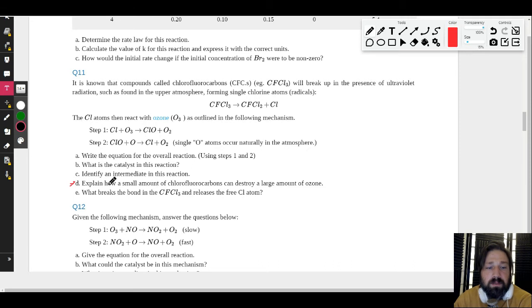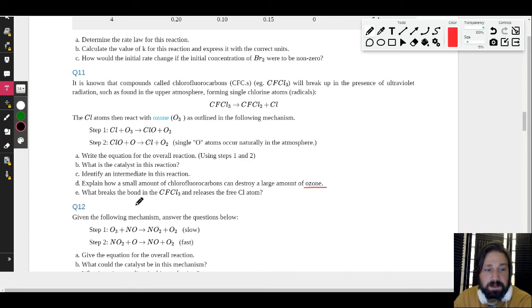Explain how a small amount of CFCs can destroy a large amount of ozone. The reasoning behind this is that it gets regenerated. So the chlorine here does this first step and then gets regenerated in the second step. That means that the concentration of chlorine never actually goes down in this reaction. This chlorine radical can go right back and react again with ozone. So this is why a very small amount can cause pretty devastating